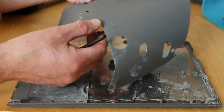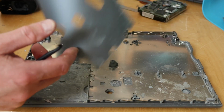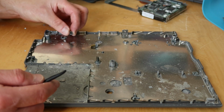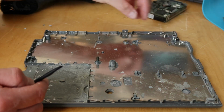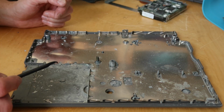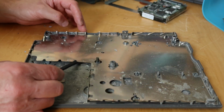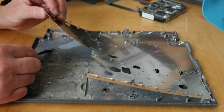Feels like metallicized plastic, but it isn't flaking, unlike the rest of the case. Another broken standoff. I'm not sure this is going to go back together. Another broken standoff. Wow. Okay. And then we've got this RF shield here in the bottom, under which there is loads more of